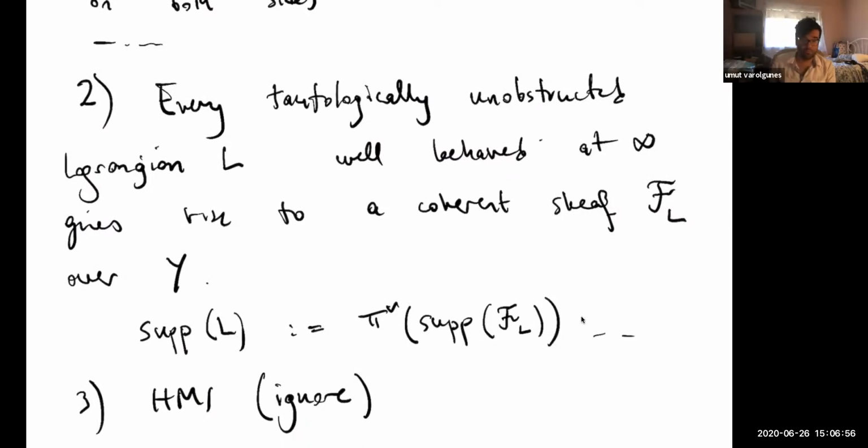And you can make a definition that this is the support of a Lagrangian, and it gives you information about whether this Lagrangian is displaceable from the fibers and things like that. There's already existing work about this in the case with no singularities, I think, by Ivan Smith and Nick Sheridan. There might be others. I think also,